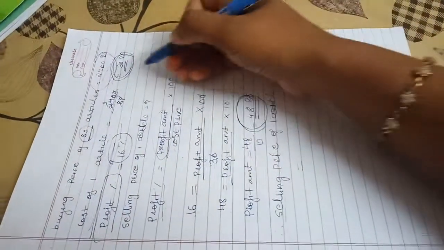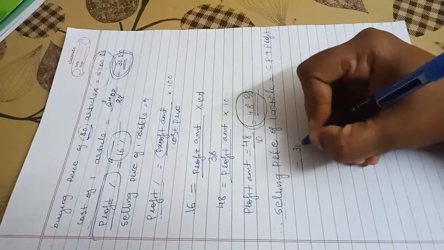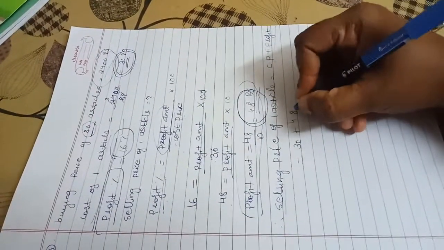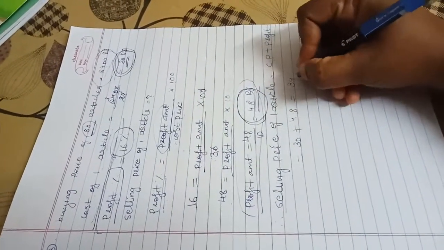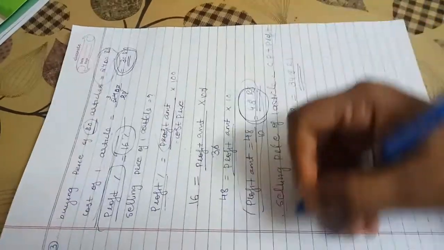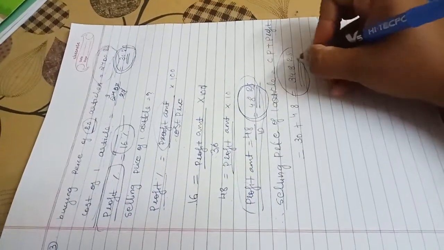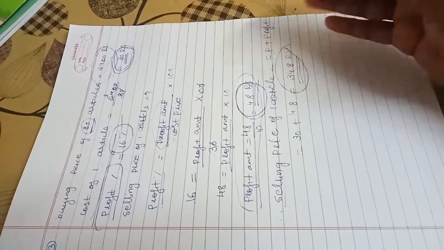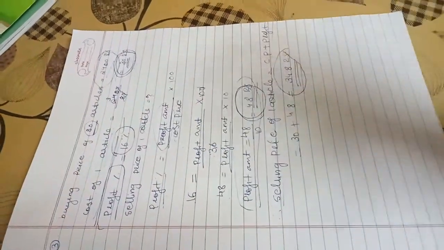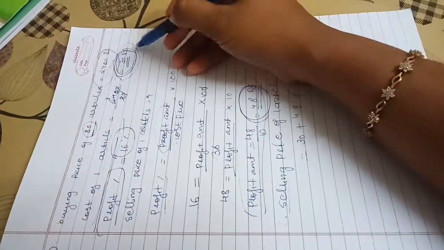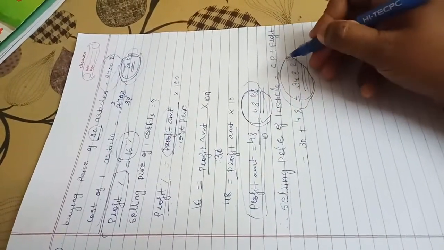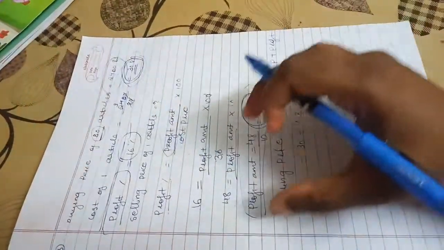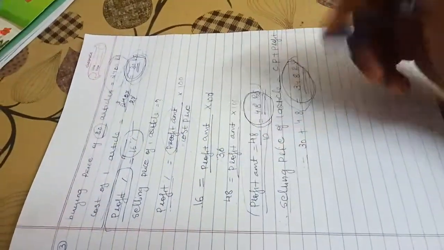The cost price of one article we have here is 30 rupees, plus the profit of one article, calculated here as 4.8. So 30 plus 4.8 is 34.8 rupees. This is the selling price. He sold that same item for 34.8 rupees. So he gained 4.8 rupees extra, correct? That is why it is called profit, because he spent only 30 rupees. Now he sold it for 34.8 rupees. That means he gained an extra 4.8 rupees. That is why it says that he has a profit. Okay, that is the meaning of the question.